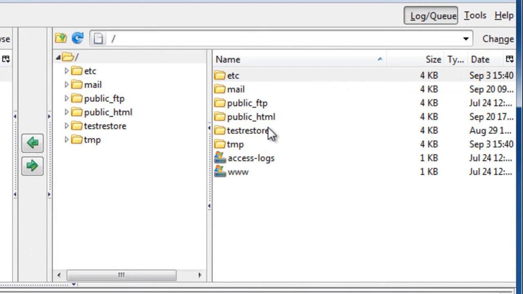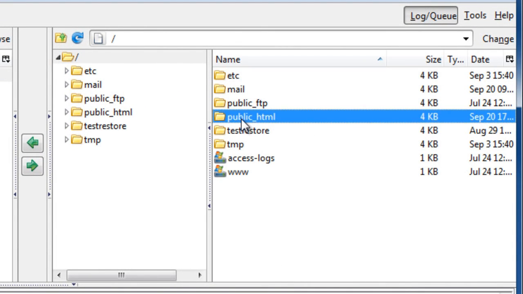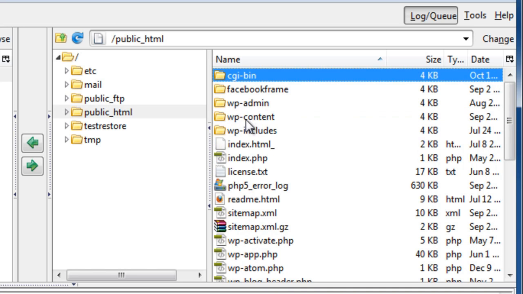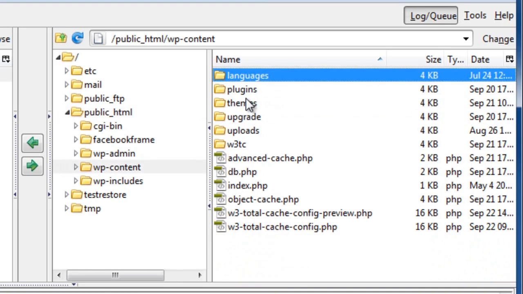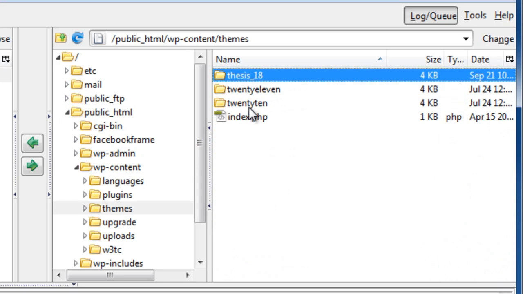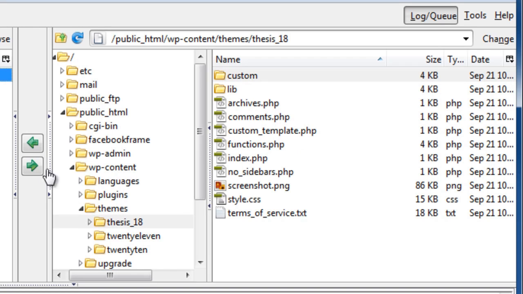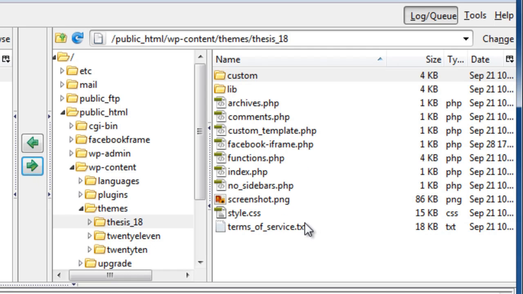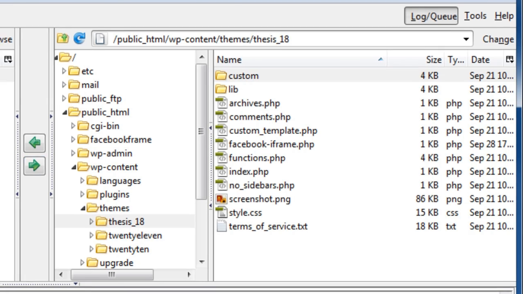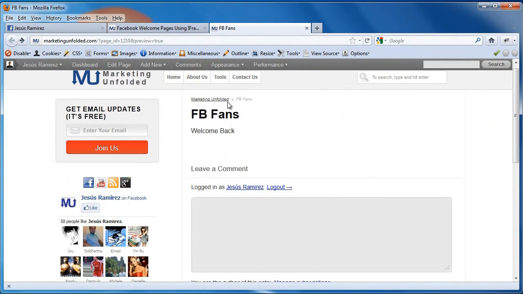I need to find the root directory of my theme. So my theme's root directory is under wp-content, themes, and this is probably the same for you, and then you would select the folder where your theme is located, mine is Thesis 1.8. I can just click on this file and click on the arrow pointing towards my server, and it should install the Facebook iframe PHP file. Once I place this inside my server, that's all I need to do with this, so I can close this, come back into my page, go to edit page,